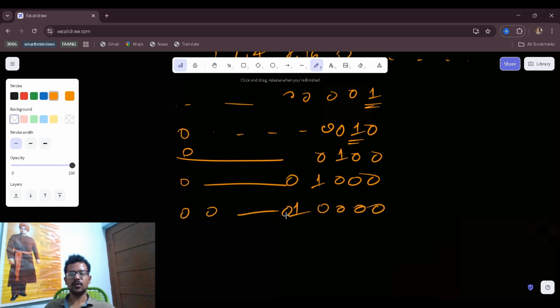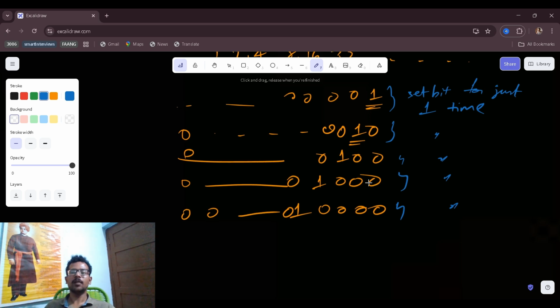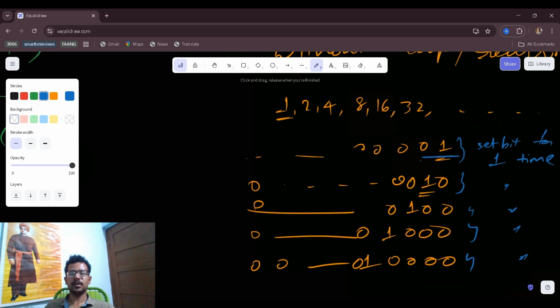So every time, I get the set bit just one time, right? Same thing every time. So I'm just representing in binary, and if I count the set bits,